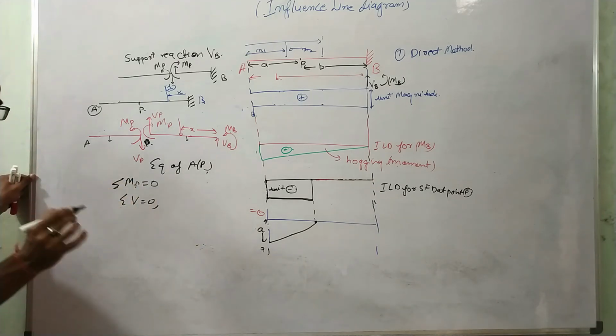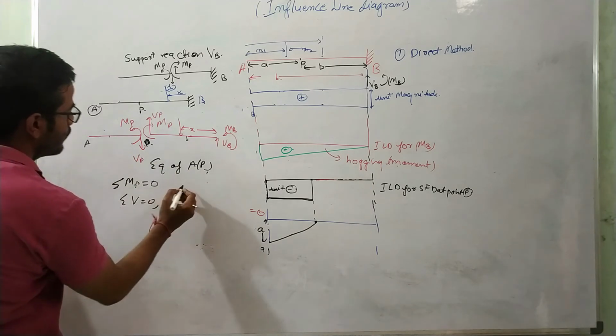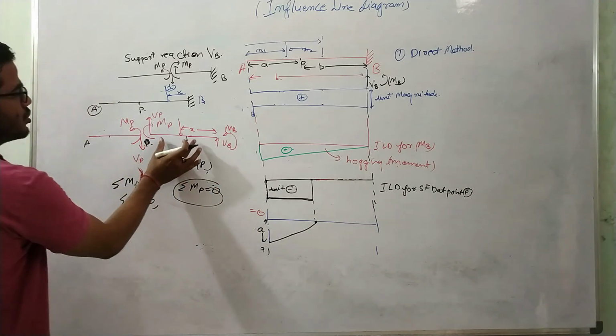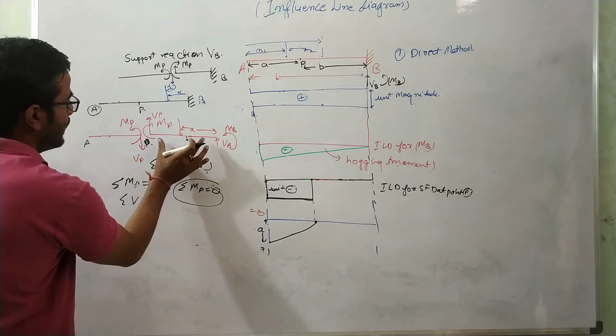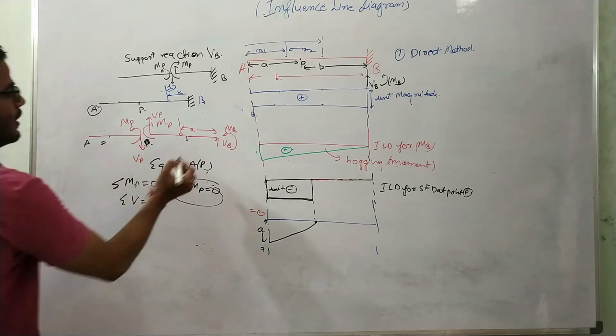So if you take summation M equals to 0 for this portion, there will be only MP moment. So that means that should be equals to 0. Okay. So whatever the position of the unit load in this PB portion, the magnitude of MP will always be 0. Okay. Let us suppose you